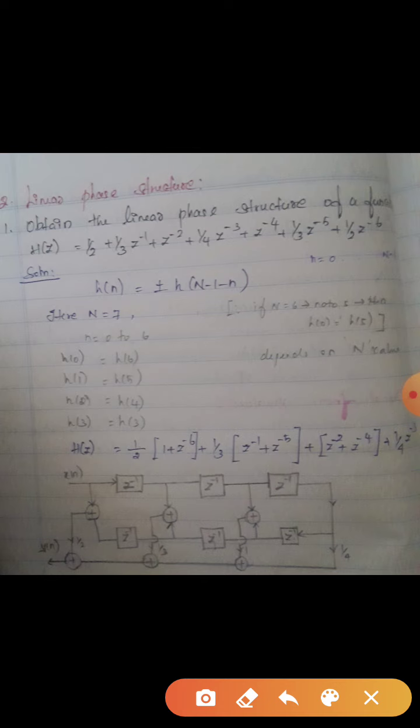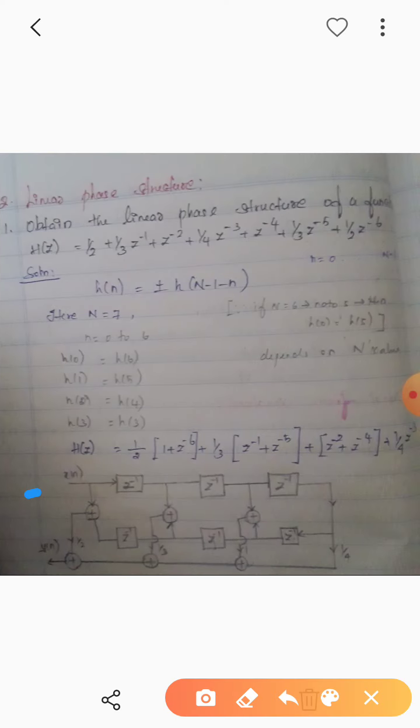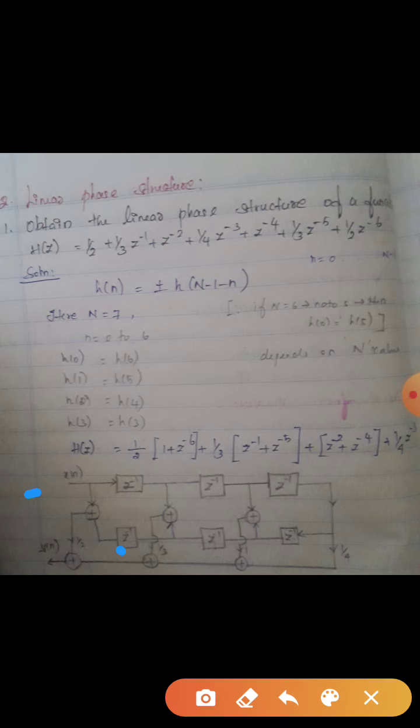Then you have to place 6 delays like 1, 2, 3, 4, 5 and 6th order, like this. You have to place all this like a ladder, up and down order you have to write it. Here you have to combine the 0th, that is directly from the input, plus the 6th delay element, you have to add with the plus mark, then you have to multiply with the coefficient 1/2.